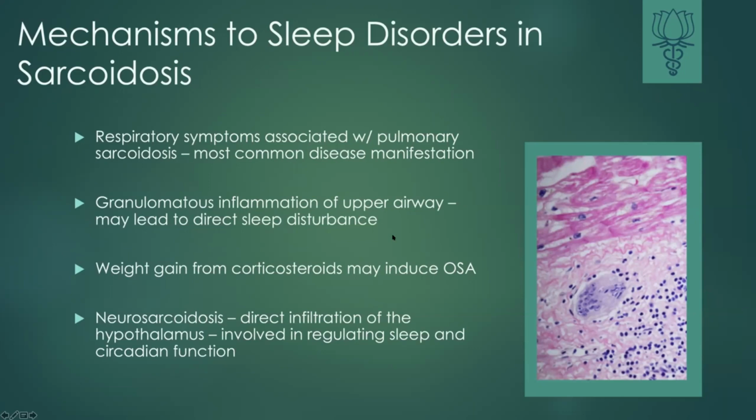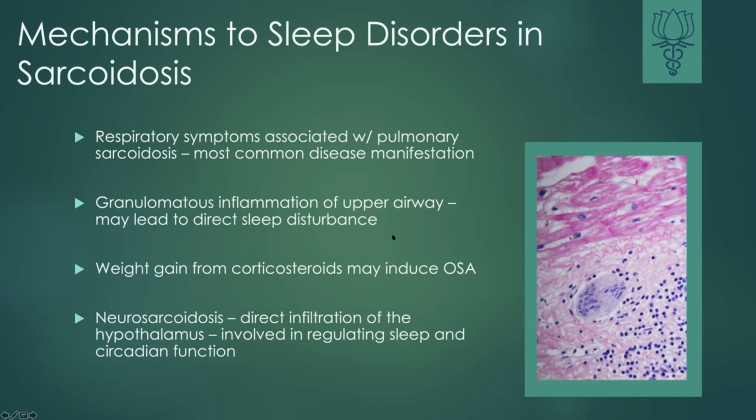But what is really happening when sarcoidosis patients experience sleep disorders? Well, respiratory symptoms are associated with pulmonary sarcoidosis, as you know, the most common clinical disease manifestation. Those granulomas can lead to sleep disturbances by causing inflammation in the airways where we breathe. That's why here at the Life and Breath Foundation, we're always emphasizing practicing your breath. It's not just the breath of the day and how you're breathing normally, but really getting into a good state of breathing and having ways to open up the airways.